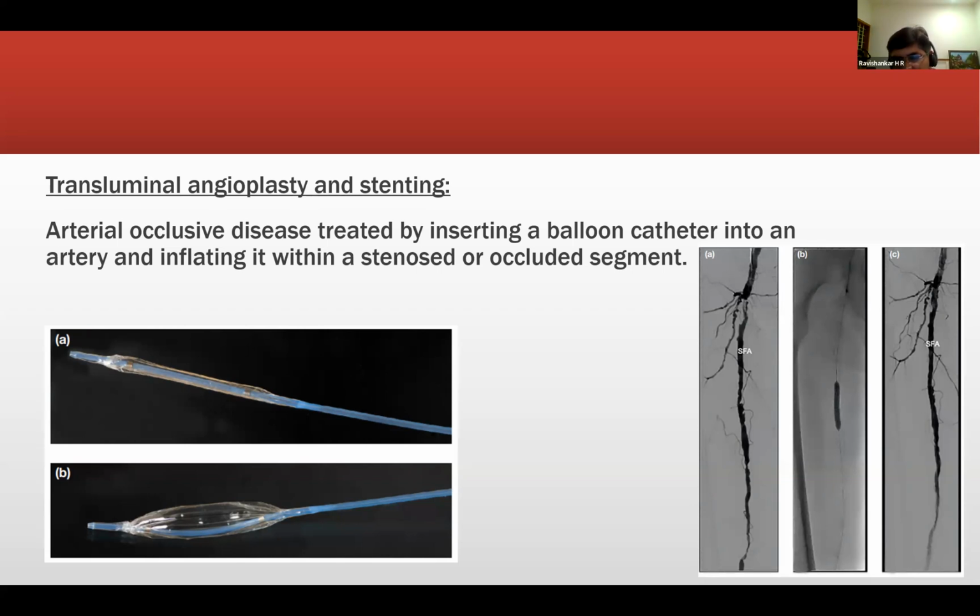Just one comment, sir. I think there could have been a flow chart to say when will you do medical management and when do you go on to do transluminal angioplasty. Right, that would have been a better option than just putting these slides, sir. Correct, that is the approach. Scientific approach to the problem: when do you decide to do medical management, when will you go for vascular intervention? All of us know that this is the option, but when will you take this option?